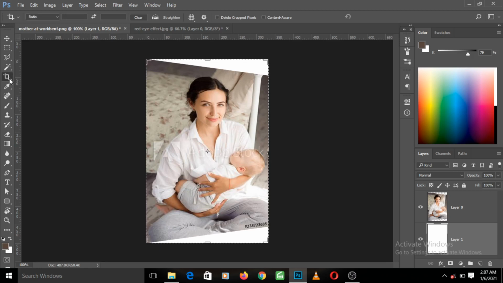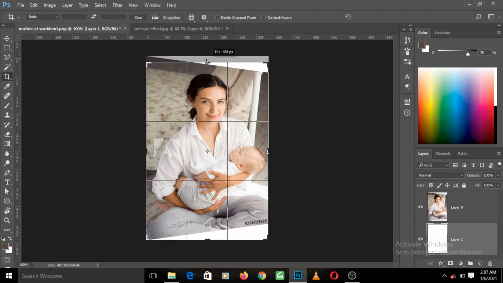Looking at the crop tool, notice when I left click on the crop tool, this handle appears on the workspace. This simply means that I can drag or raise, that is increase or reduce, the portion of the image I want to crop.